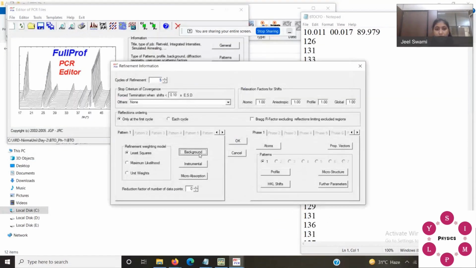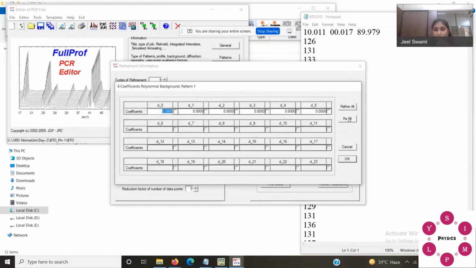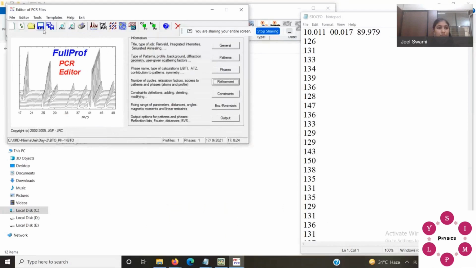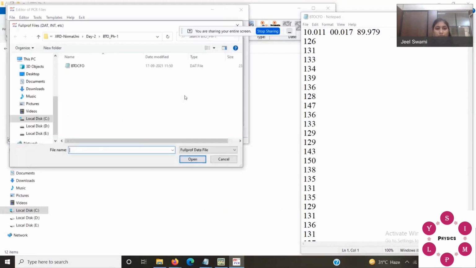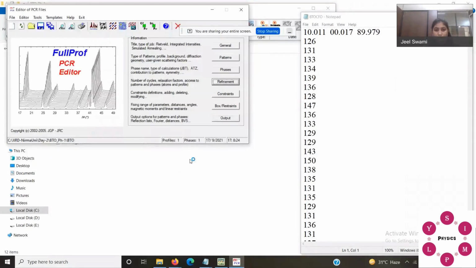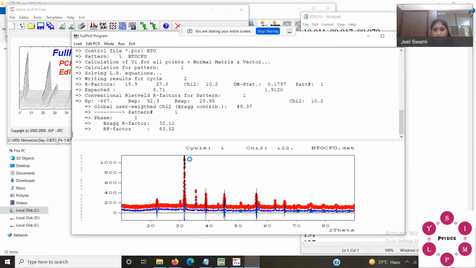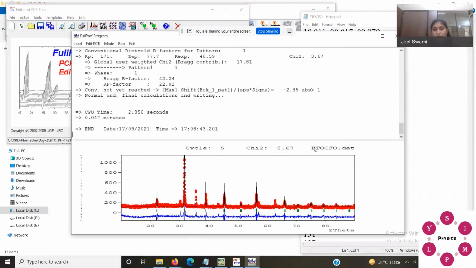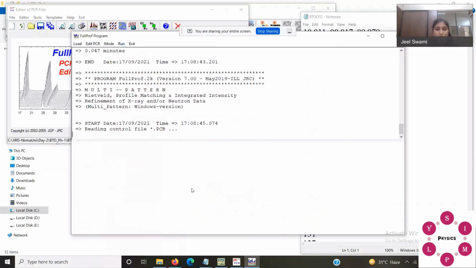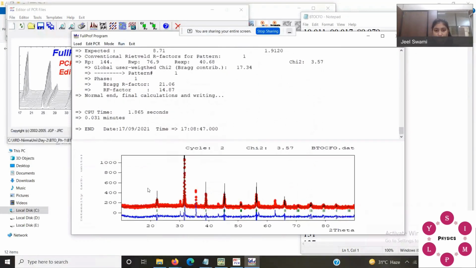Next, I'll do the background. Refine it. See, now with the background, it is now fitting.